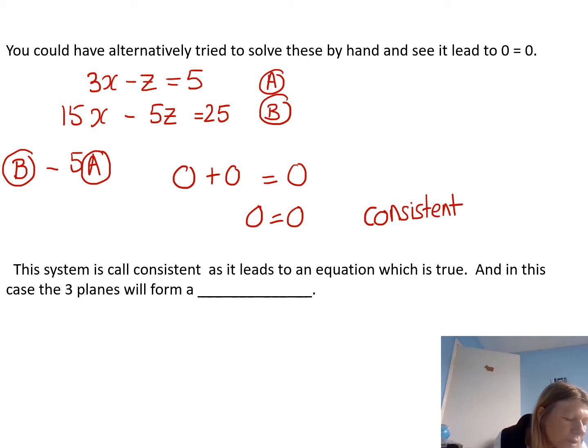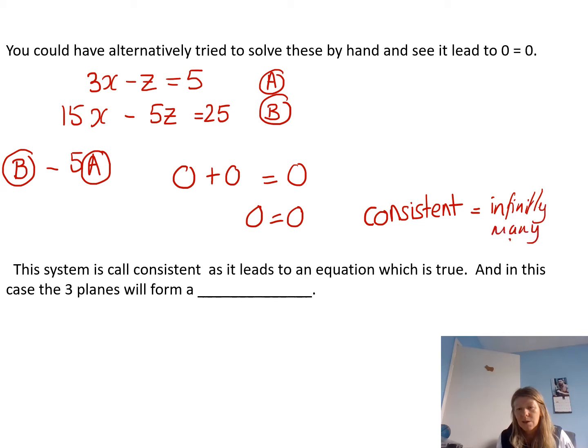It said, are these consistent? Yes, they are consistent. So we call that consistent. If it says infinitely many solutions on your calculator, that means the equations are consistent. So I'll put equations consistent. It means infinitely many solutions, and if it's infinitely many solutions, this system is called consistent